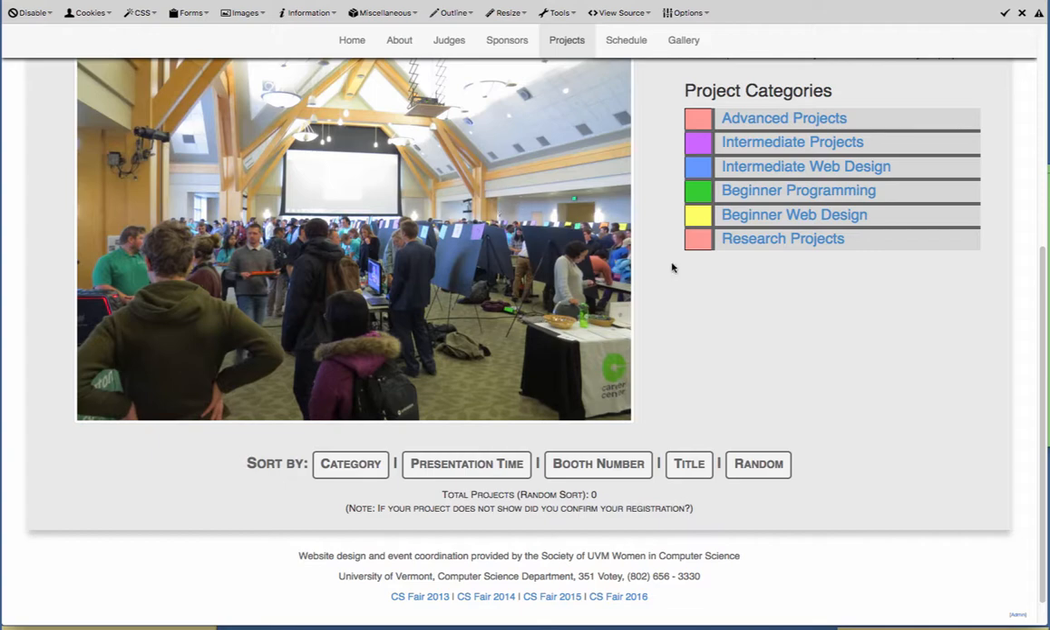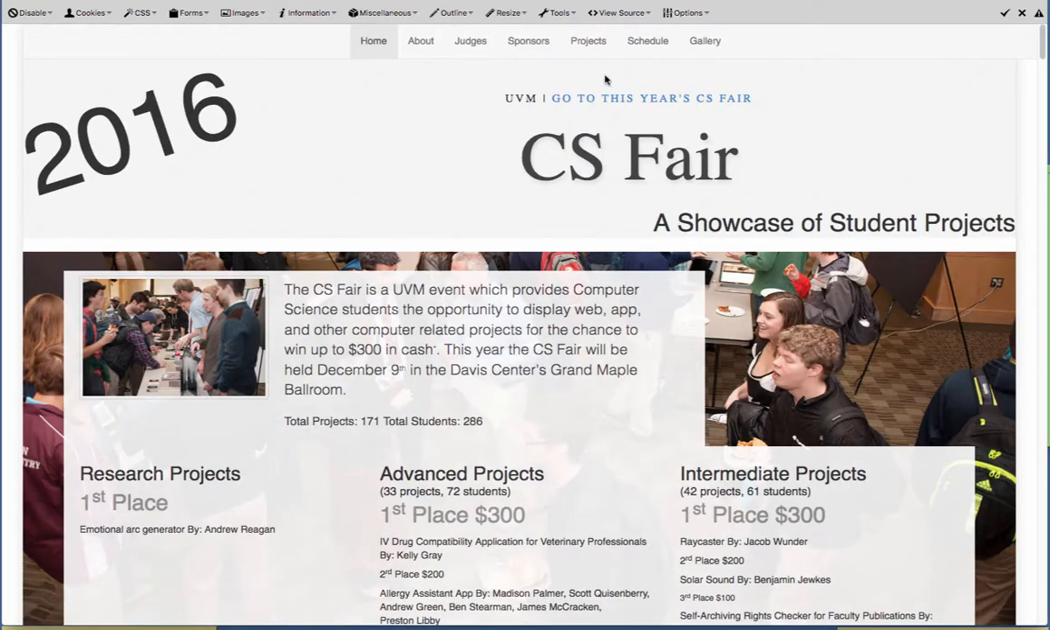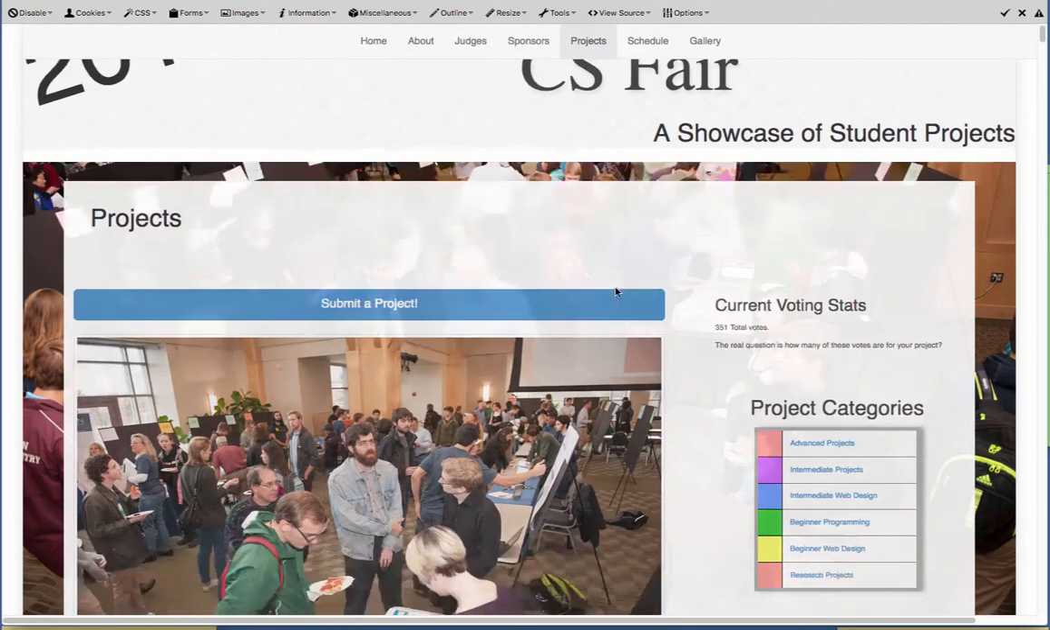Okay. At the moment, research projects is the same color as advanced projects, but we'll probably try to choose a new color at some point. I guess, in fact, it's probably better to look at an old fair in that case. So if we look at projects,